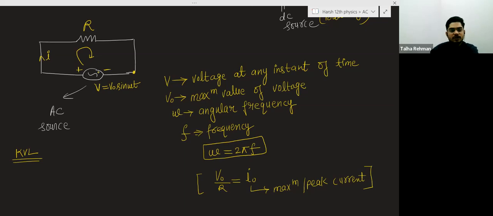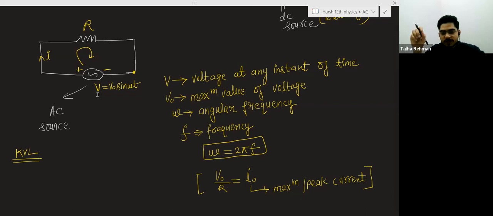So the direction of the current is in this direction, from positive to negative. So this is negative at any instant of time, and this is positive. These polarities will change with time. Why? Because sometimes the voltage becomes negative, then positive, negative, positive. By the way, when you apply the Kirchhoff's voltage law,